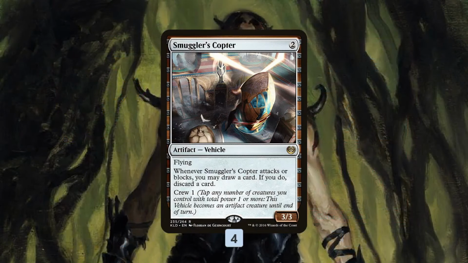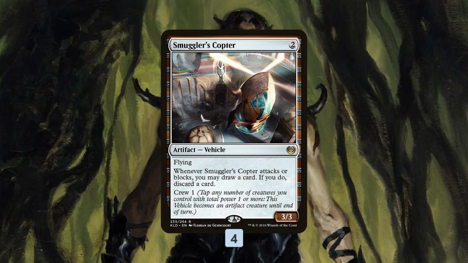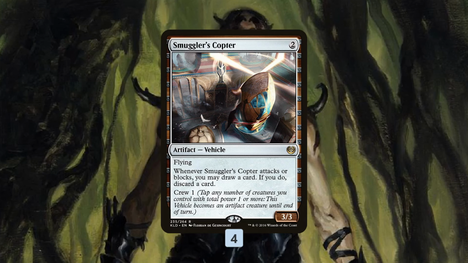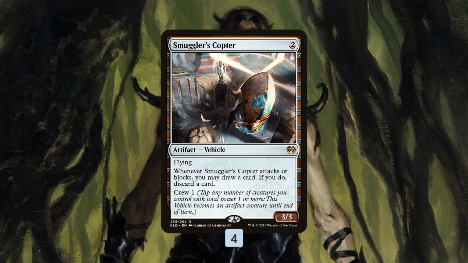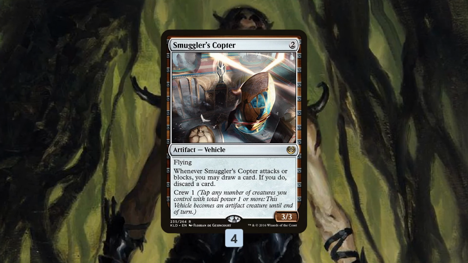We also get 4 Smuggler's Copter, and one of my big takeaways while playing the deck is that Smuggler's Copter was insane. It was the card we wanted to draw most almost every single game. It was so good. It is way more powerful than I thought it would be, and I've always been hesitant about Smuggler's Copter in Modern because of Lightning Bolt, and it seems like an easy way to kill it, but